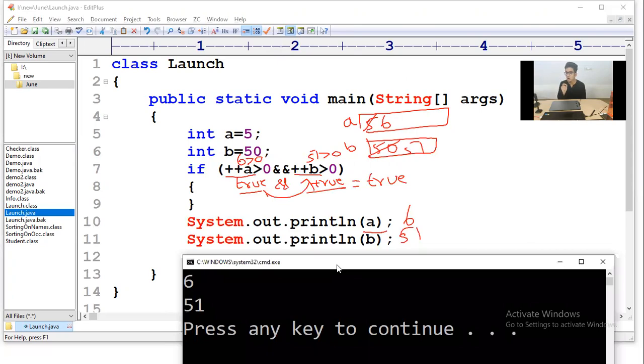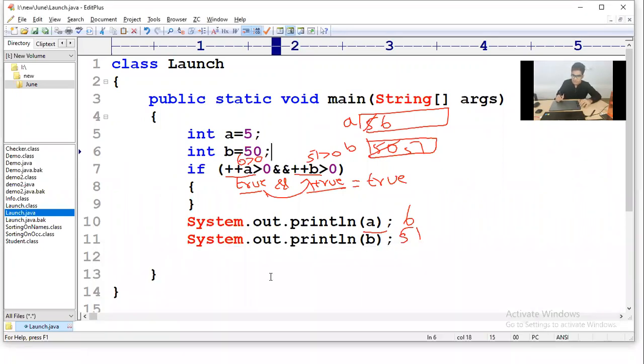Only and is the operator. Understand this thing. And, or. This is the question which will be asked: which is the operator which skips the right hand side evaluation? Logical operators, which is and, or, right? The and operator and the or operator of the logical operators give this evaluation. So I hope you have taken this screenshot.